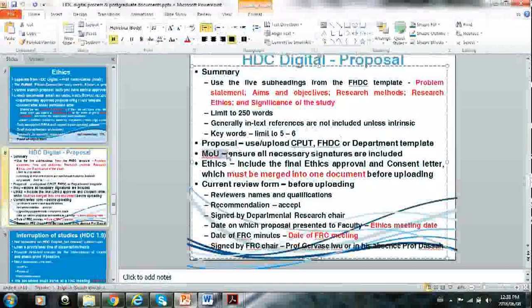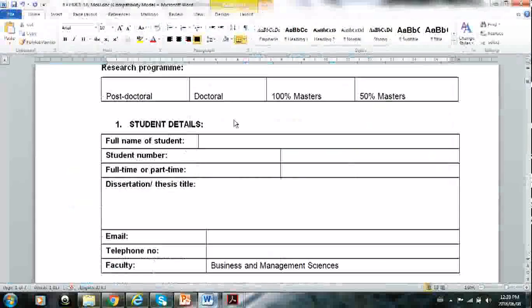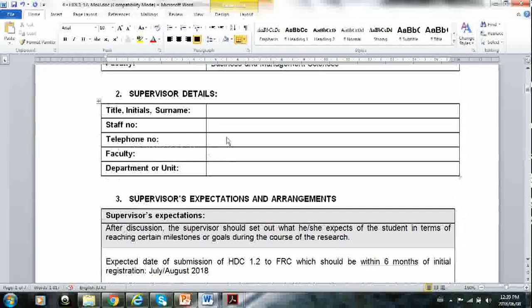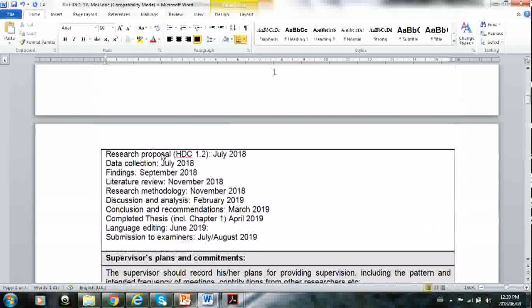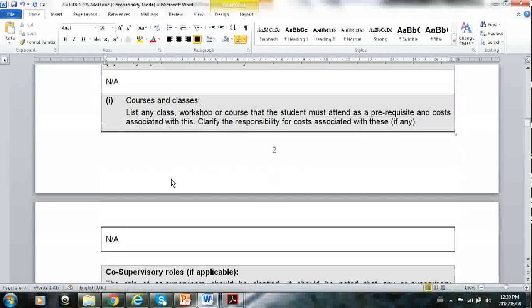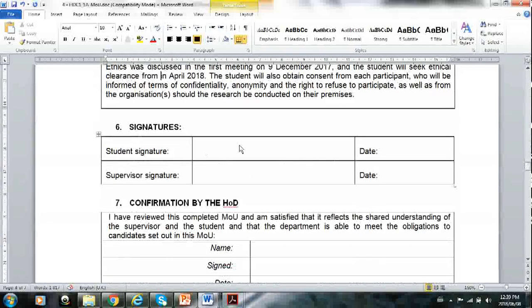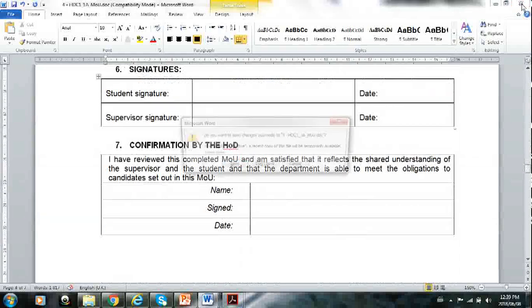Then the MOU looks like this, which was 1.1. So again, you would fill in all your details: master's, doctorate, you just highlight it, bold it, students' details, the title, supervisor's details, and then what milestones, expected dates, and I've completed some things here as an example. And you fill in all of these. And at the end of the day, the student signs, the supervisor signs, the HOD signs,